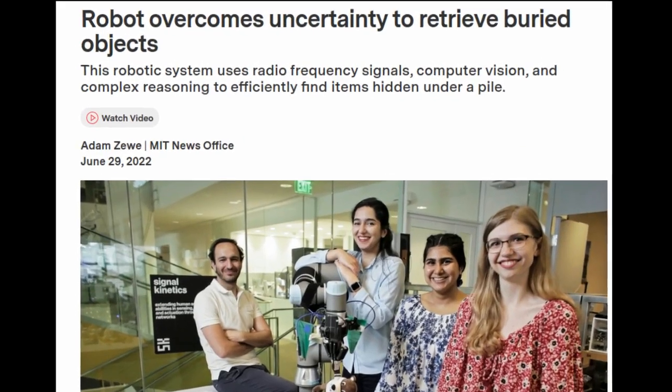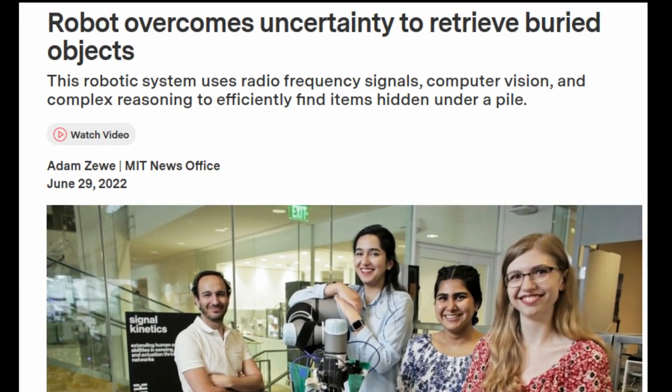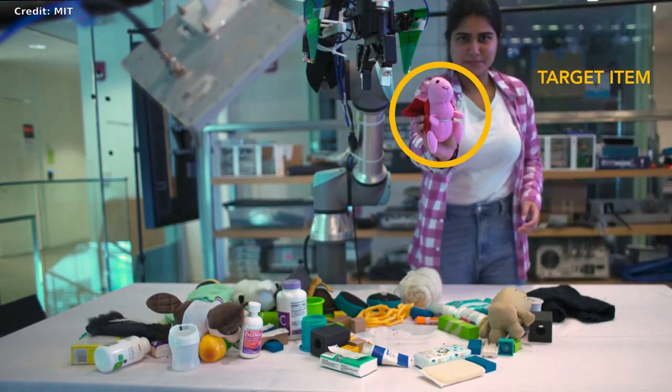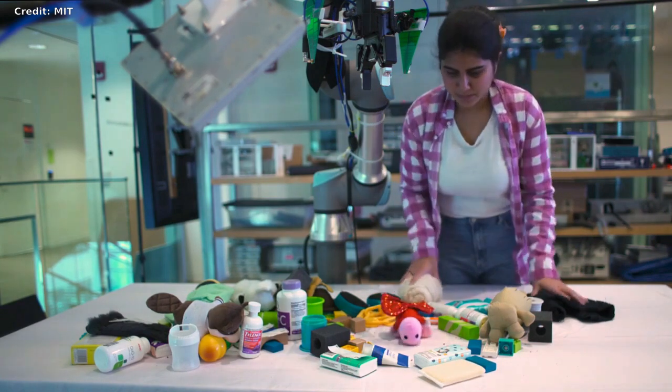For humans, finding a lost wallet buried under a pile of items is pretty straightforward. We simply remove things from the pile until we find the wallet. But for a robot, this task involves complex reasoning about the pile and objects in it, which presents a steep